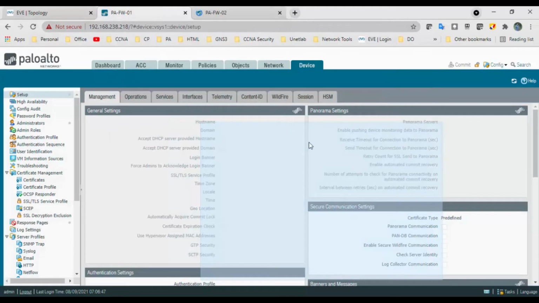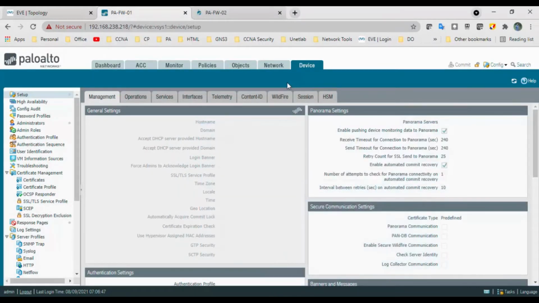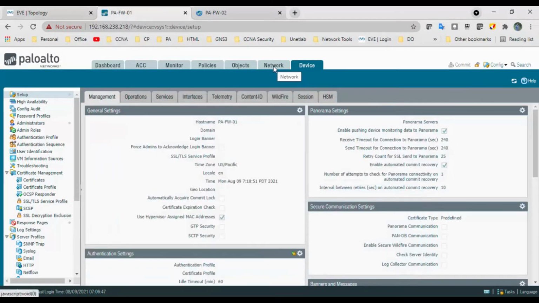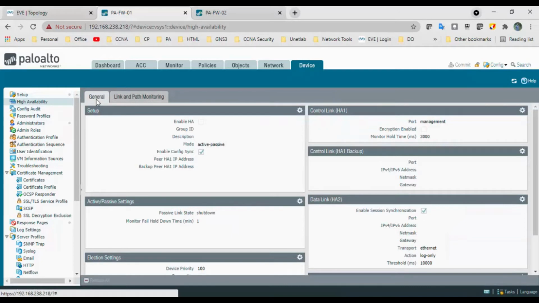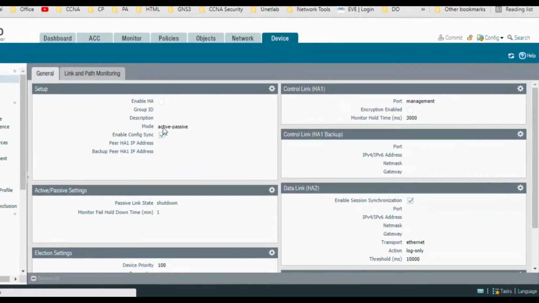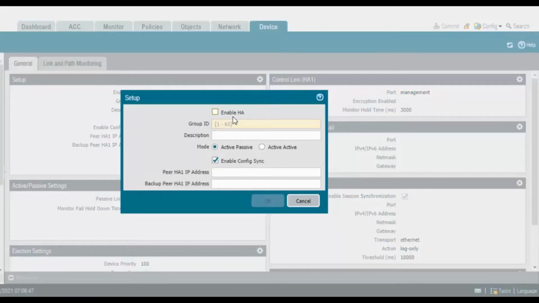Okay, now what we will do is configure the group configurations. So go to the device, high availability for firewall 1, and once you go to that, in general, this is the setup. Click on this setup, and in the setup we can see enable HA. Yes, I want to enable the HA. There will be a group ID, and you can provide a group ID from 1 to 63.